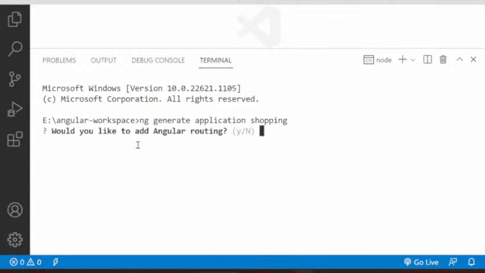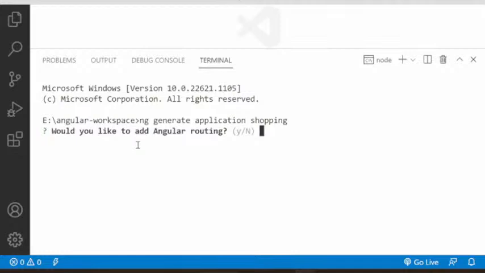Now it is asking the first question. Let's see what it is asking. The first question it is asking: would you like to add Angular routing? Angular routing is a concept used for building single page applications with good navigation. It is not necessary in the beginning. Later, when we want, we can add it manually.